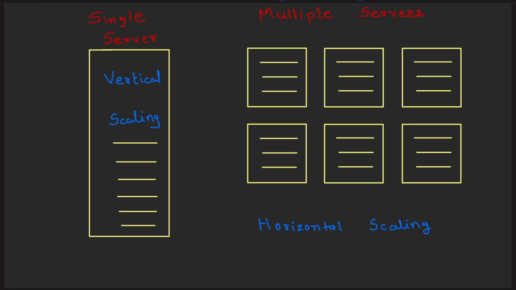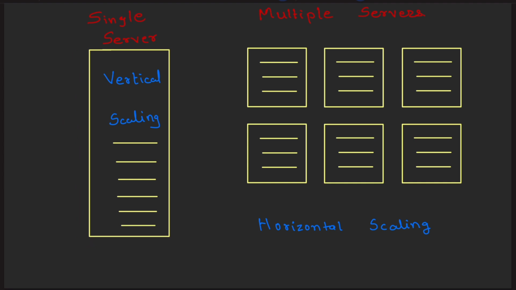First, I'm going to explain what is vertical scaling. So, think of vertical scaling like upgrading your computer by adding more RAM, a faster processor, or more storage. You are making the one machine